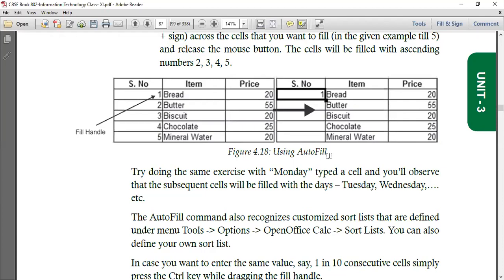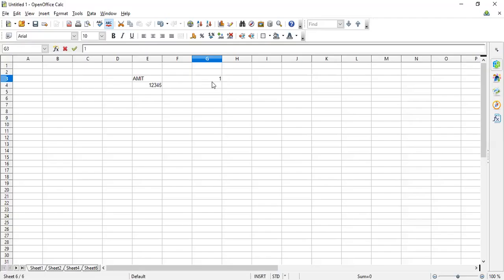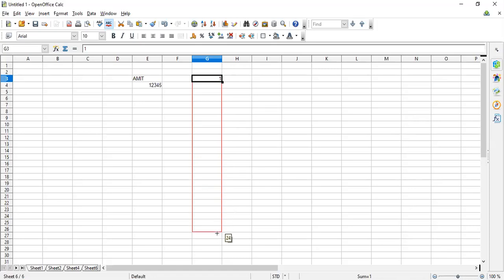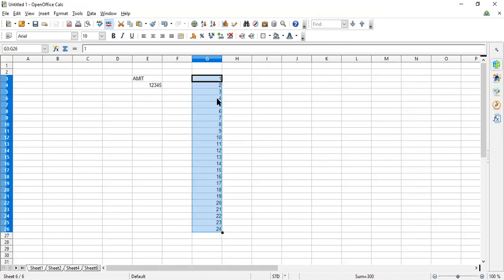And if you want to add your own list, चलो मैं पहले आपको दिखाता हूँ ये होता कैसे है. मैं कैल्क शीट पे जा रहा हूँ. I'm typing 1 over here, right? I'll come to this cell pointer, click with the mouse, move the mouse down में dragging करनी है, drag किया, mouse को नीचे लेके आए, move the mouse downwards, leave it, and you'll find automatically the numbers are added.